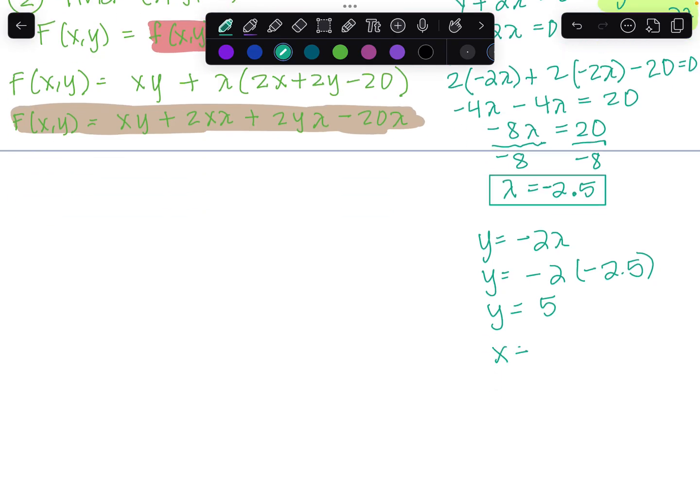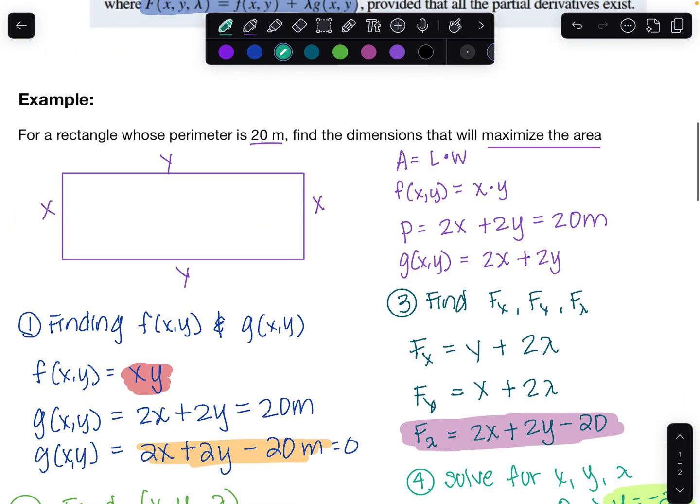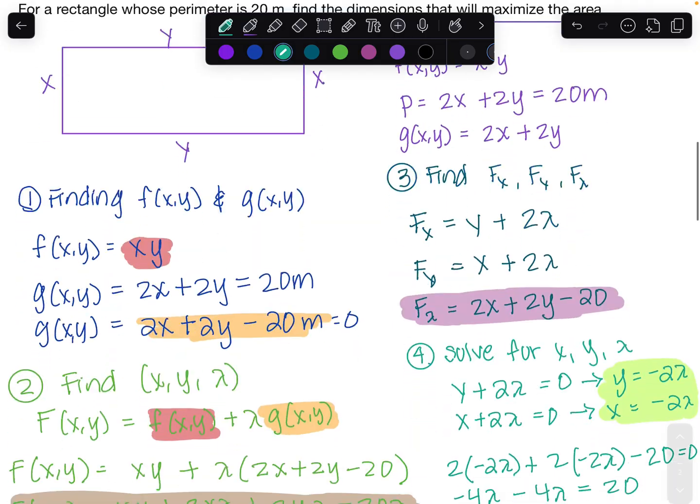Same for x. x equals negative 2 times negative 2.5, x equals 5. So what this means is the dimensions that will maximize the area